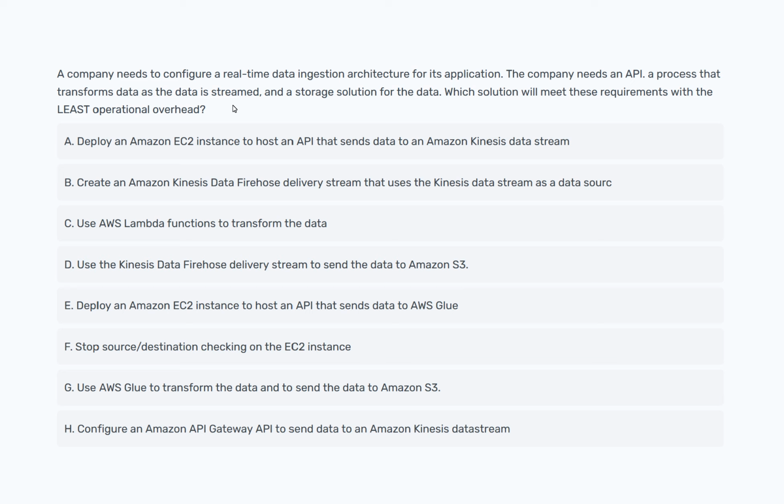Stop source destination checking on the EC2 instance. Not sure where that is coming from. Use AWS Glue to transform data and send the data to Amazon S3, and then configure an Amazon API Gateway API to send data to Amazon Kinesis data stream. So many things in there, right? So we possibly need to find out a few different